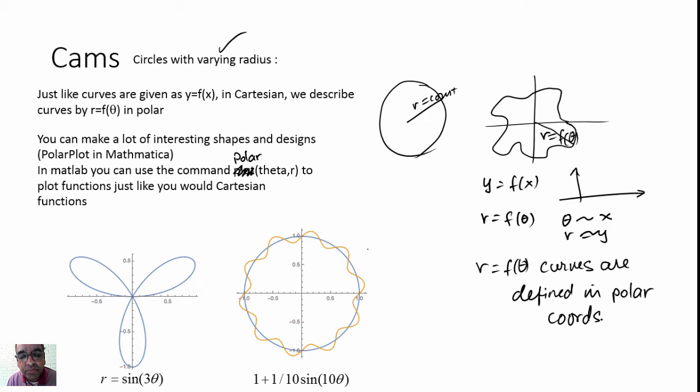My task to you is try and draw a 5-leaf clover by using r equal to sine 5 theta. Go play around with it and see if you can actually plot this. If you are more familiar with Mathematica, just go to Google and search polar plots, and you will find it in Mathematica, Maple, MATLAB, all of these, and then you can plot these things. Okay,